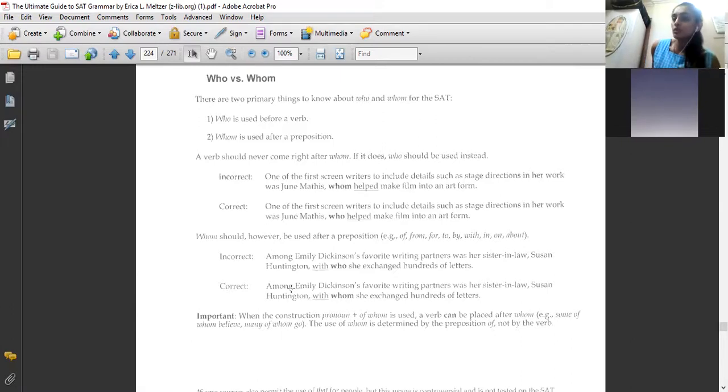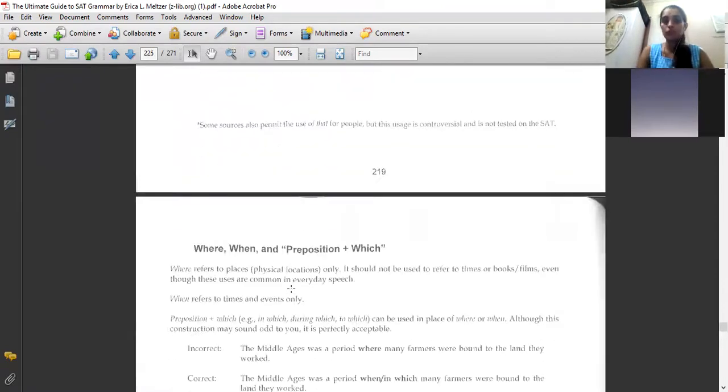It's simple, the M rule. That means if the answer to a question is him or her, you use whom. If the answer to a question is he or she, you use who. For example, who does this belong to? If you say the answer is him, so who is incorrect, whom is the correct one. And who is coming with me? Then he is coming with me, not him. So again, that's how you do him, whom and who.